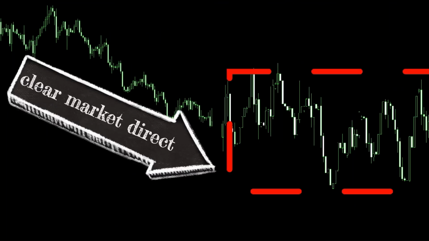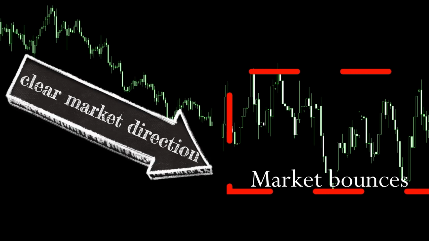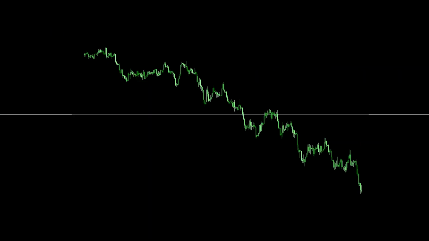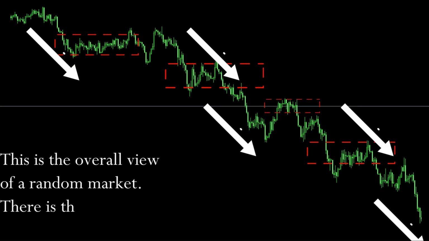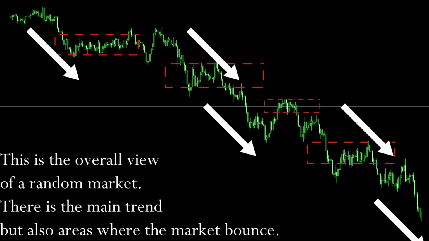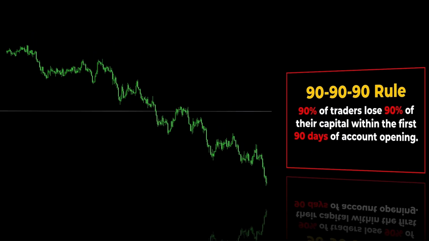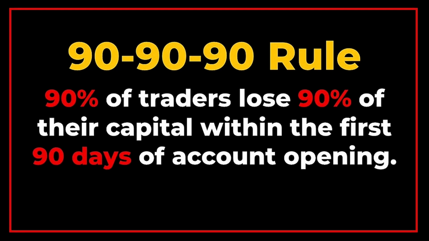Markets are either trending or ranging. These are the major characteristics no matter what market you want to trade. You need to know the type of market you are trading. Many new traders will think that numbers verify the theory, and indeed 90% of traders lose 90% of their account in less than 90 days. So you need to ask yourself, what is this all about?